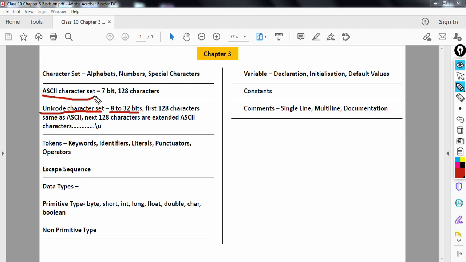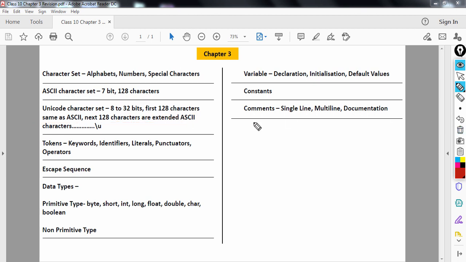Within the Unicode character set, the first 128 characters represent the same values as that of ASCII, and the next 128 characters represent the extended ASCII.